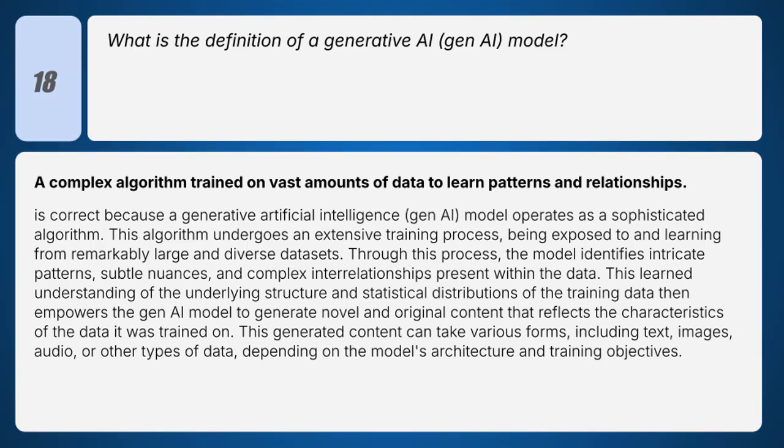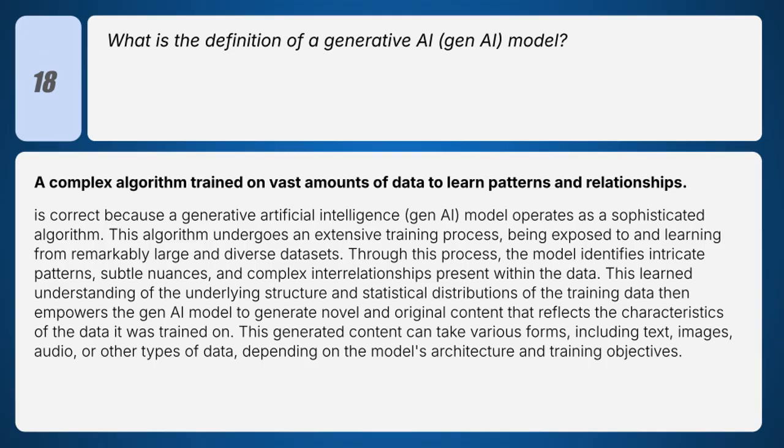This learned understanding of the underlying structure and statistical distributions of the training data then empowers the Gen AI model to generate novel and original content that reflects the characteristics of the data it was trained on. This generated content can take various forms, including text, images, audio, or other types of data, depending on the model's